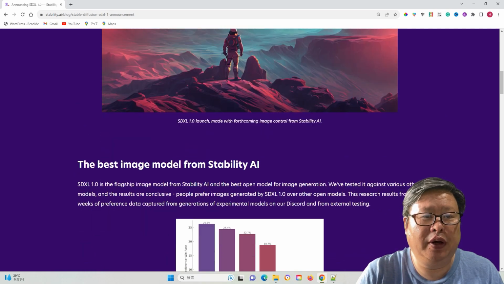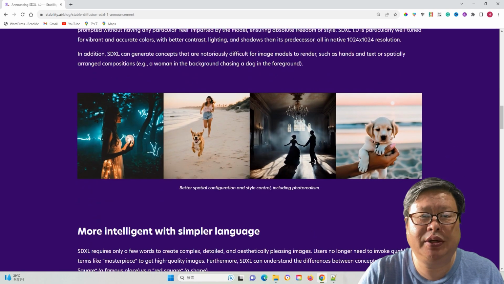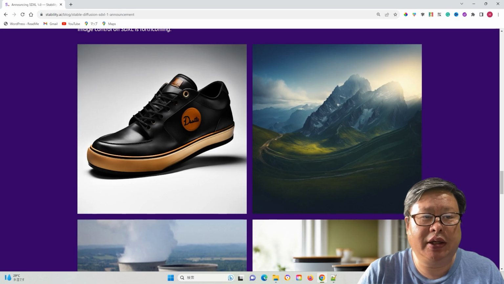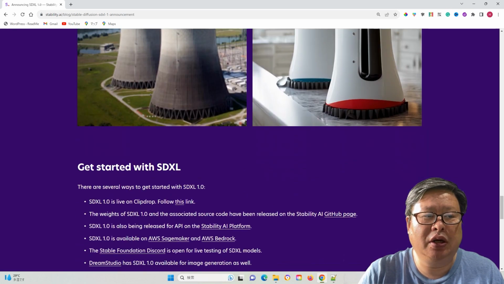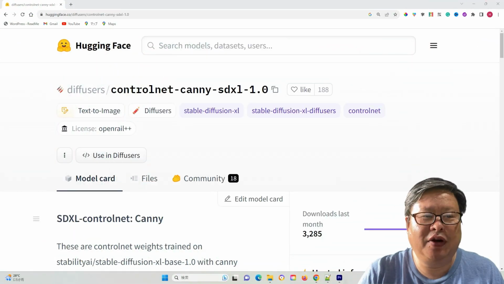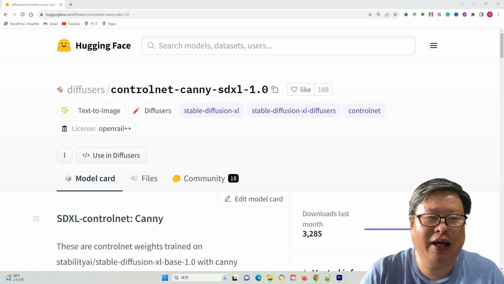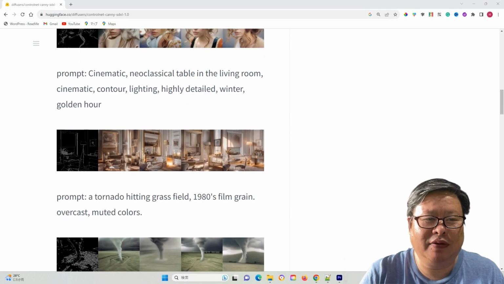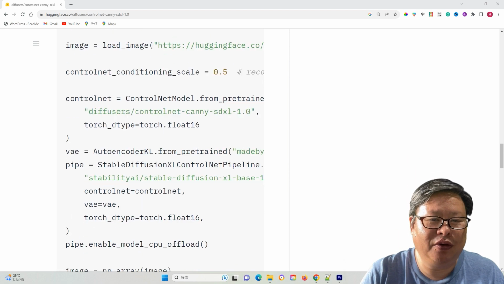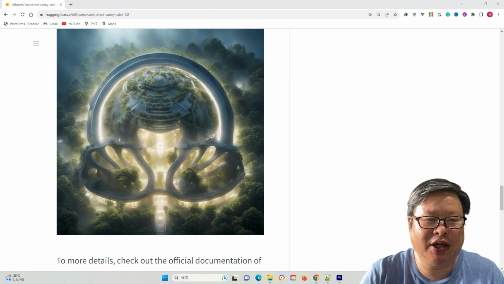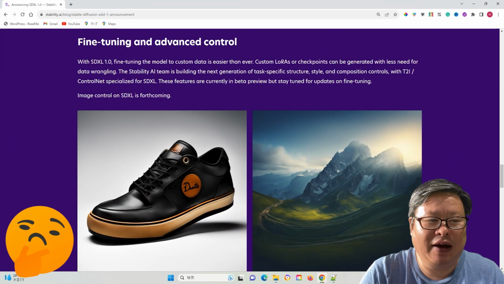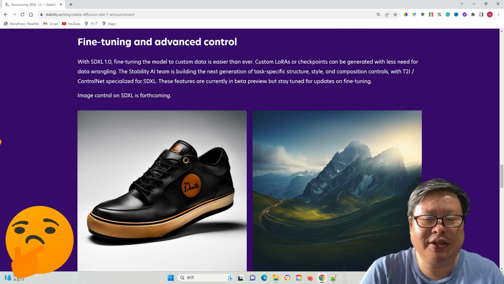Following the official release of the SDXL 1.0 model by the Stability AI team, the eagerly awaited addition was the incorporation of the ControlNet function. This new functionality has been made feasible through the introduction of the ControlNet Canny function. With this official unveiling, the true capabilities of SDXL can now be fully unlocked through the seamless integration of ControlNet. However, the timeline for the release of other ControlNet components remains uncertain.